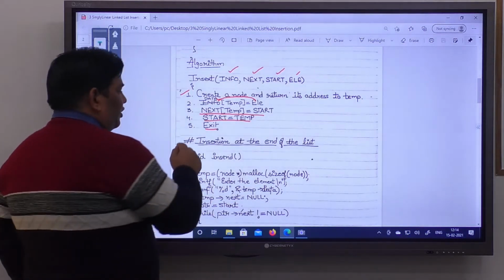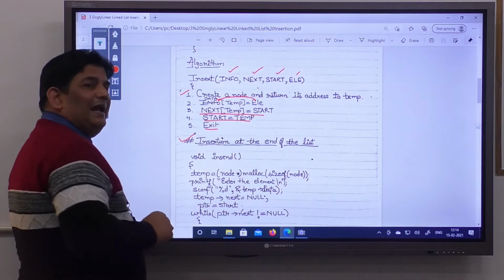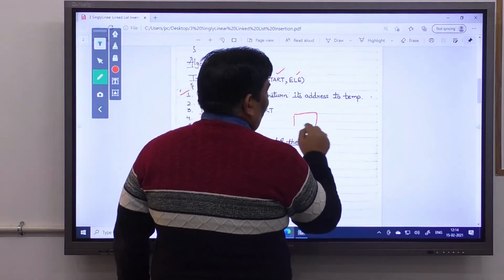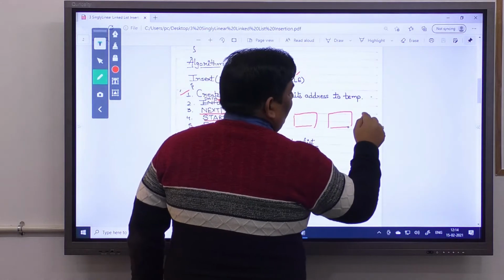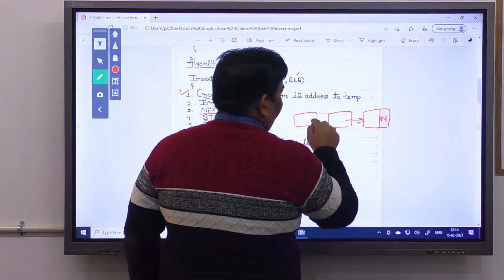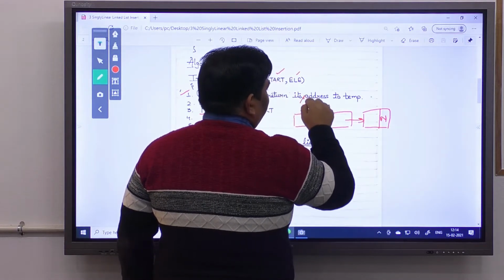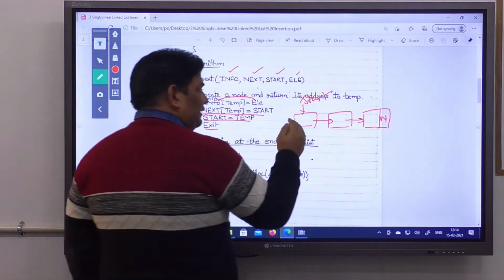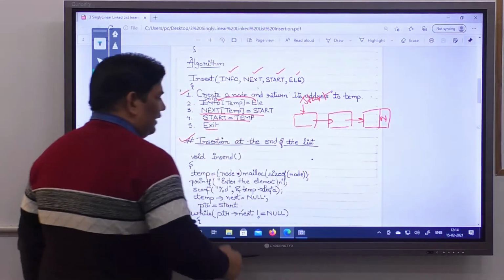Now the second way: you have to insert your node at the end of the list. That means, let's say you have an already existing linked list in which you have 3 nodes, and here is start. Now you have to insert the new node at the end of the already existing linked list.